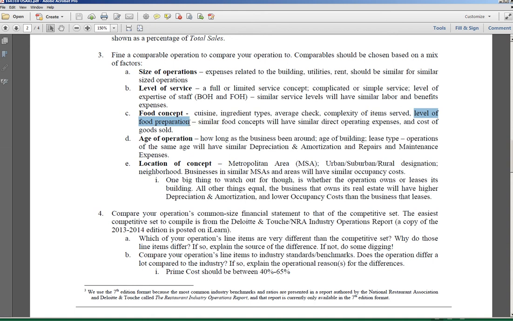Similarly, the level of preparation, how much prep is done in-house. If you do butchery in-house, you probably want to find another concept that does butchery in-house. If you do all your baking in-house, all of your desserts in-house, you're probably going to want to find a concept that does bakery and desserts in-house as well, because the food costs are probably going to look a little similar. Okay, so similar food concepts will generally have similar direct operating expenses, so that line item, direct operating expenses,